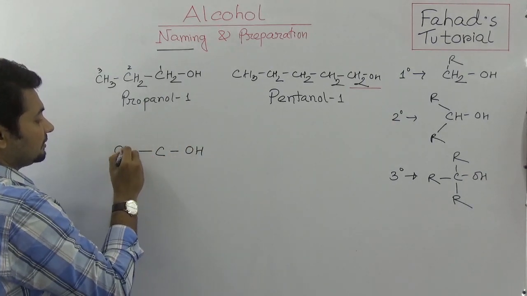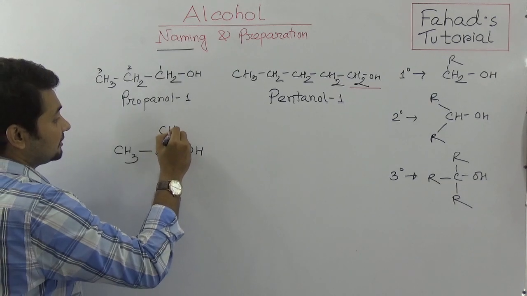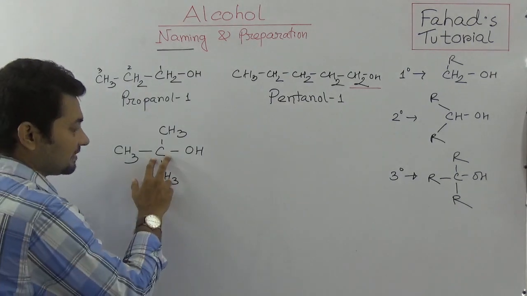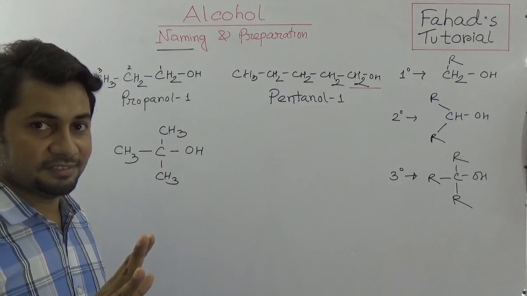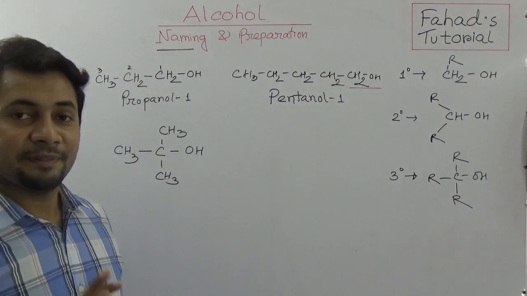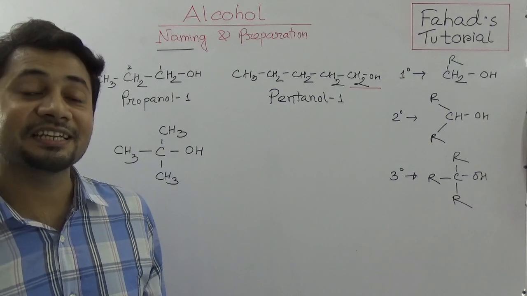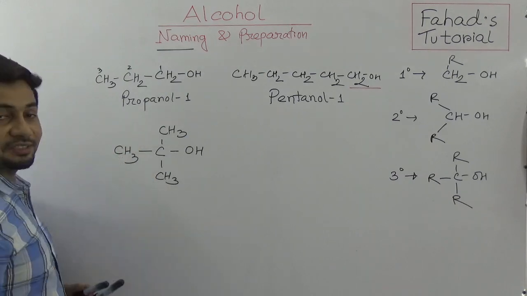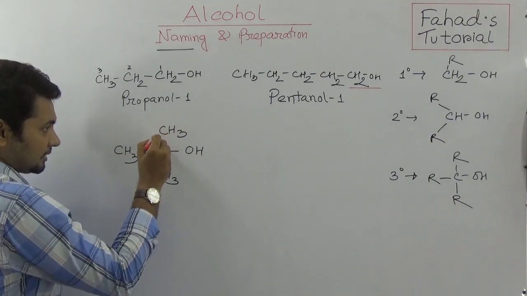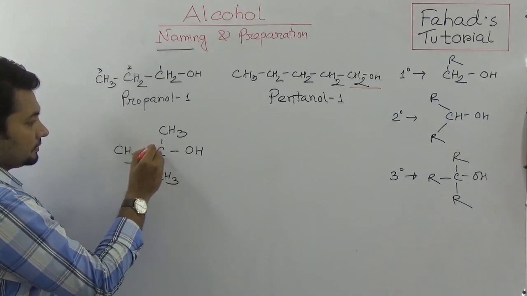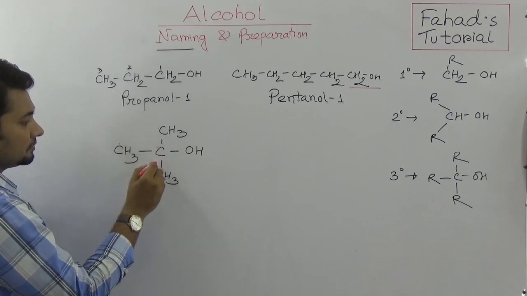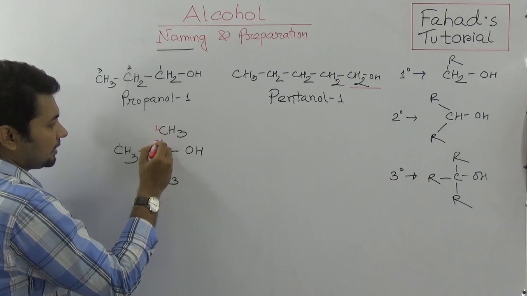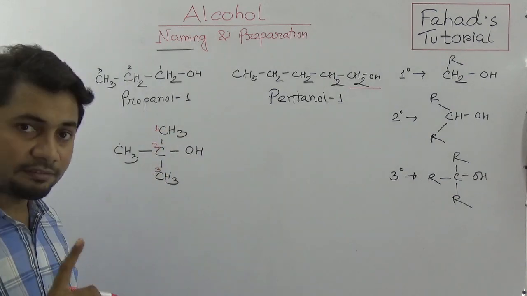OH, this carbon is attached with that, here CH3, here CH3. Now you think, there is nothing, I mean with carbon there is no hydrogen, so COH is there, and definitely we understand this is tertiary alcohol or 3-degree monohydric alcohol. Now you think, from which corner we should start? Well, if we go for like that, 1, 2, 3, okay, it doesn't matter from which corner I can go, but 1, 2, 3, if I count it, then